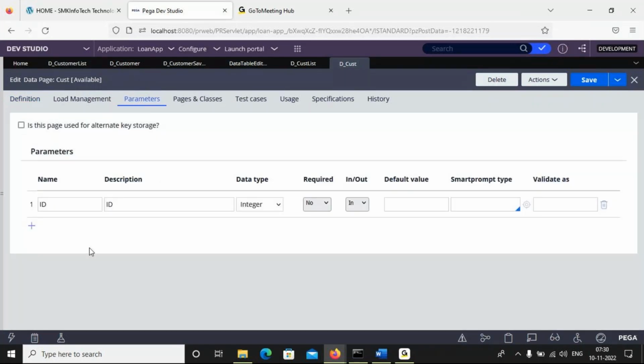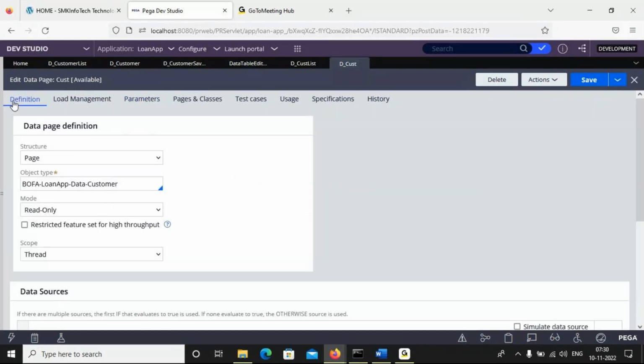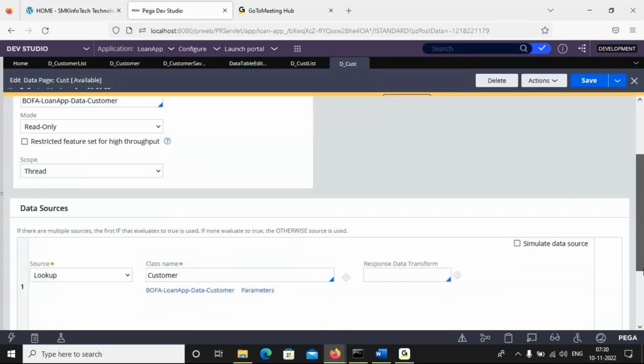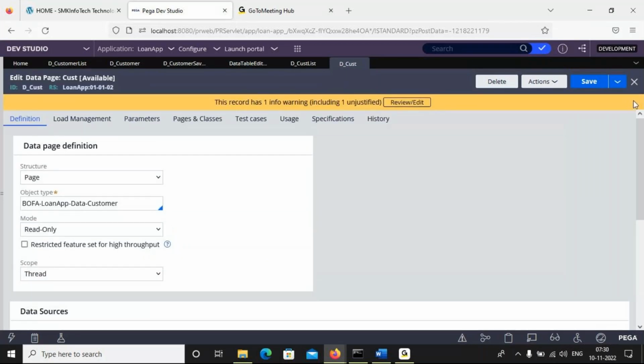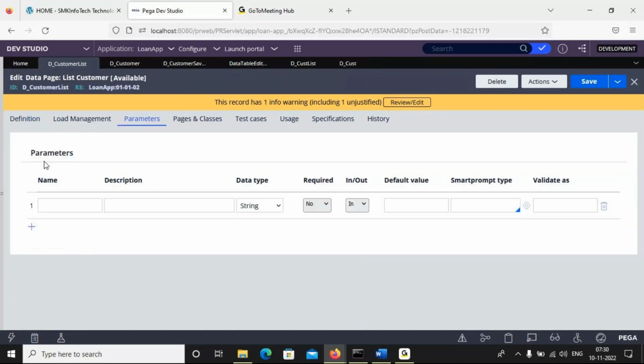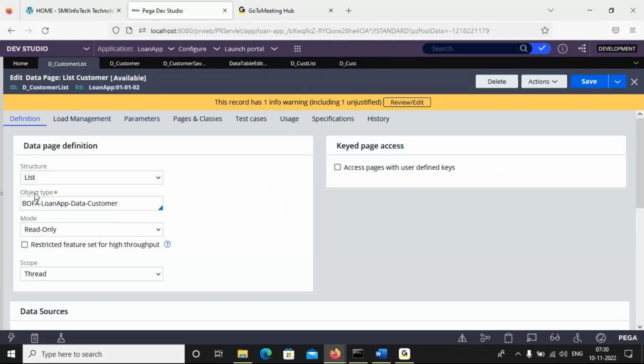Parameterized data pages means we need to pass the input parameter wherever you're calling this database, and it filters and brings the data. Wherever you call it, from the UI level or from the business logic layer. But keyed page access will be shown only for the list structure. This is also filtering of the values.